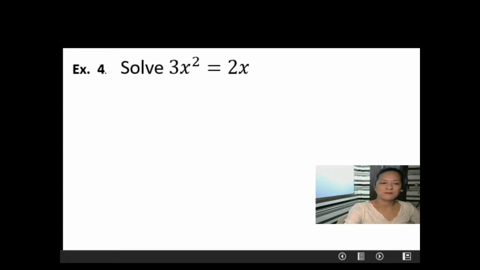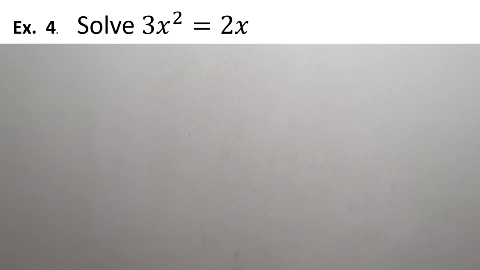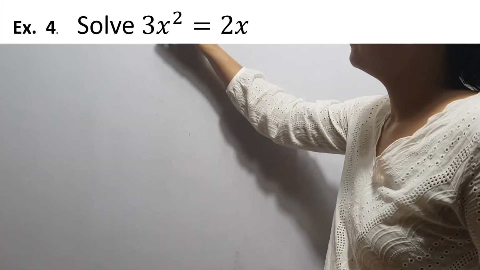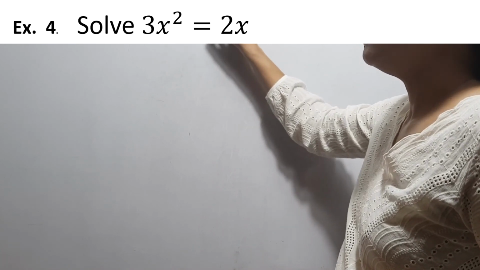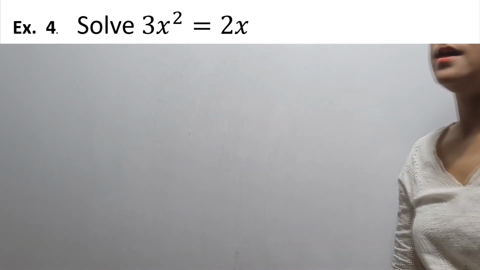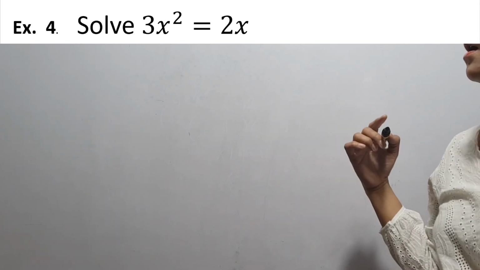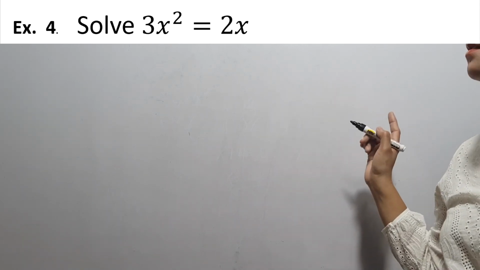Let's have example number 4. Solve 3x squared equals 2x. Okay, iisipin mo, baka i-divide mo sa x both sides. No. I-convert natin siya dun sa standard form. Do not easily divide this by x. So, 3x squared equals 2x. Converting it to standard form, para maging 0 yung right side, we will add